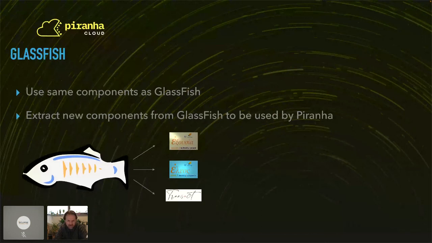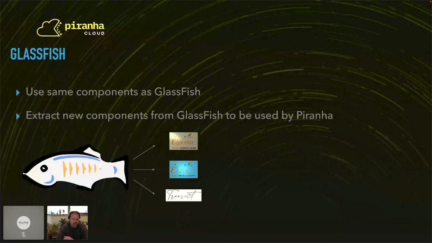GlassFish still uses the original code, but the idea is for GlassFish to use that one too, so they're actually shared. And the transaction manager is planned for the same thing. So some investigation there, but nothing fully concrete yet. But the idea is that Piranha will eventually use the same transaction manager as GlassFish does.